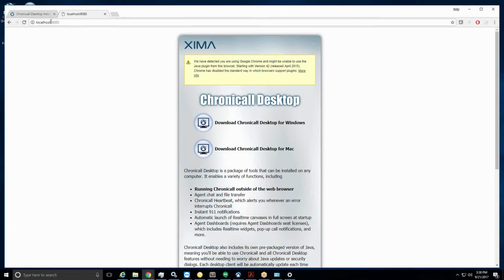That URL may be an IP address followed by a :9080. When you enter that into a browser, you'll likely see a screen like this asking you to download the Chronicall desktop. Of course, pick Windows or Mac. This training today is focused on the Windows platform. When you click on that, it'll start a simple download,